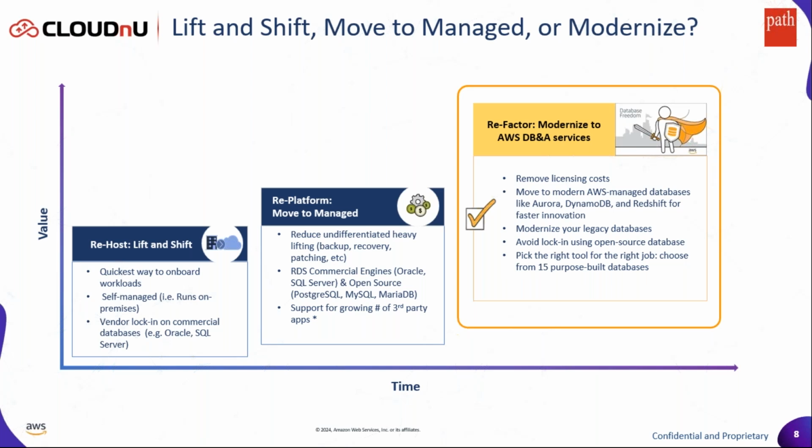So a good example of a lift and shift is, hey, today I'm running an Oracle database. I'm managing the Oracle database on premises. I want to get started with cloud adoption. I move that database as it is onto the AWS platform, and I continue running the database the same way that I was, but in the cloud infrastructure space.